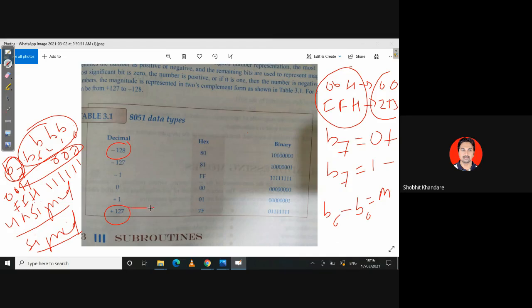These are the signed numbers. With the MSB bit as 0, the number is positive, so your positive numbers will end at +127.